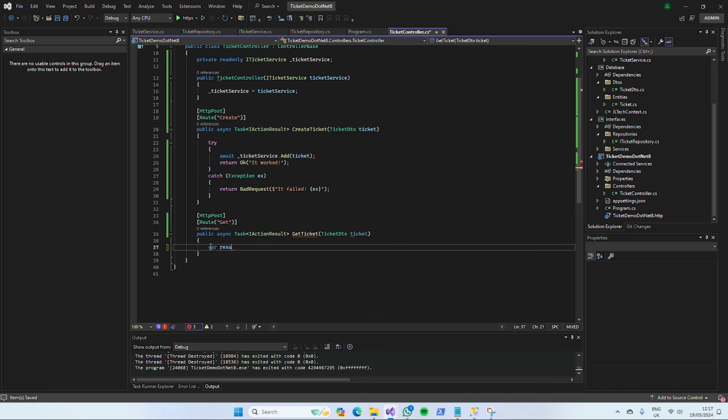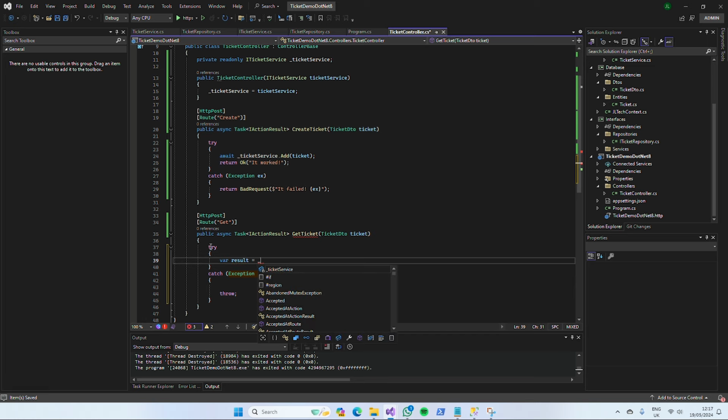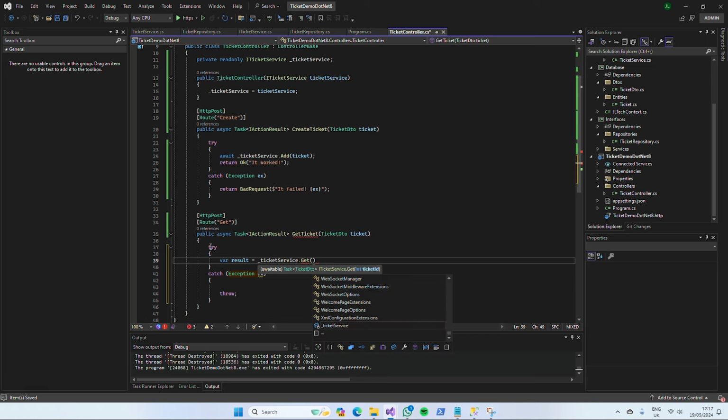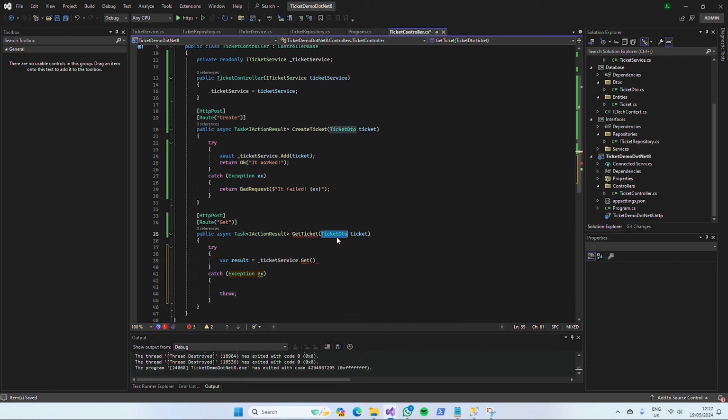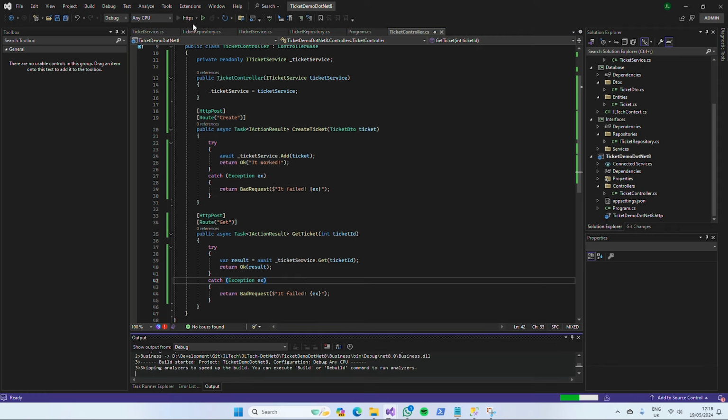What we could say here is var result. We'll do a try catch as well actually, just like before. We'll do a var, and we'll say our result is equal to our ticket service get, and we also need to change this to an integer of our ticket ID. If that's fine, we'll return our ticket, and this also needs to await this function because it's asynchronous, and once again we'll return a bad request if it failed, like so. So let's go ahead and debug this,